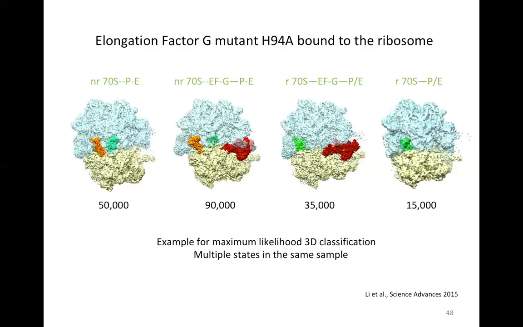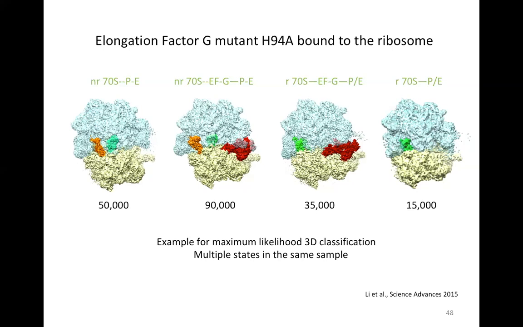And we took advantage of this opportunity, and I'll show you just a few examples of this. Here's elongation factor G mutant bound to the ribosome. This mutant makes elongation factor G ineffective in GTP hydrolysis, so it gets stuck just at the point when it's supposed to trigger GTP hydrolysis. And from this particular structure, we got clues that told us about the way EFG